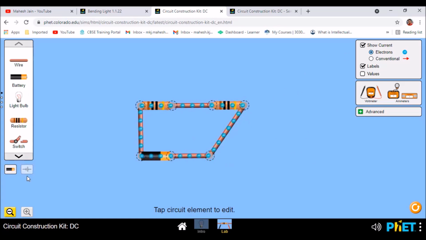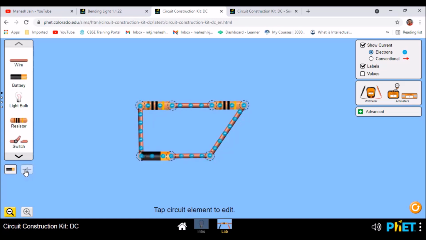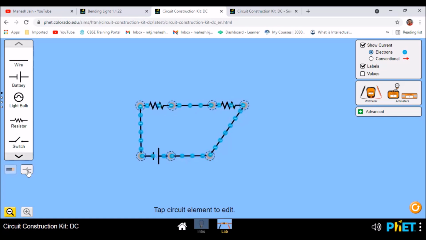You can see there are multiple options. Even if you want it in terms of a circuit symbol, we can have that. This is how they actually look, and this is the circuit symbol. So we can create multiple circuits and actually see whether they are working or not. On the right side, you can see the direction of electrons, how the conventional direction of current is there, how electrons move, that also is there, and you can see the labelings can be removed also. The values are also available.